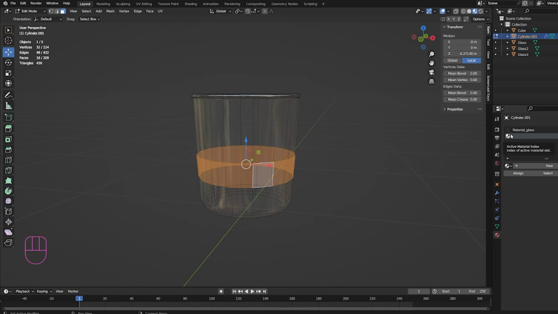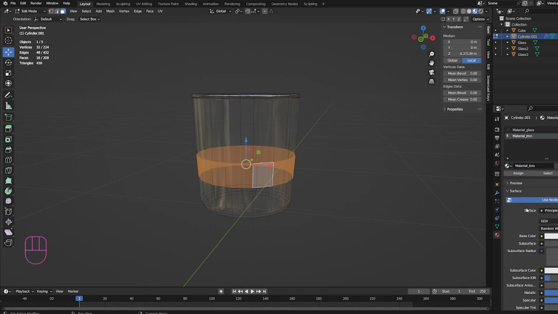Now I already have the metal material inside my file, so I go down here, I click the down arrow, and I'm going to add this little iron thing right here. So I click that. I got that selected, but I have to assign this material to this area. So with that selected, I hit assign. So now,